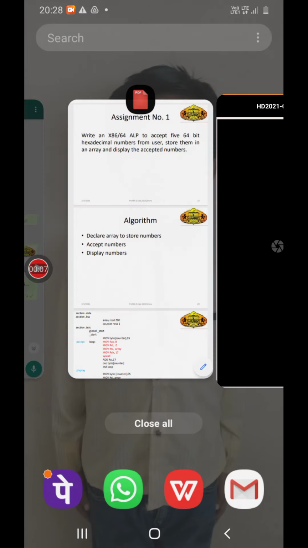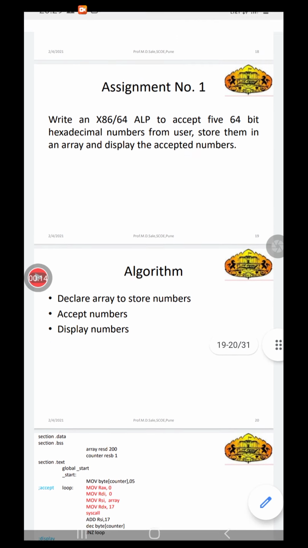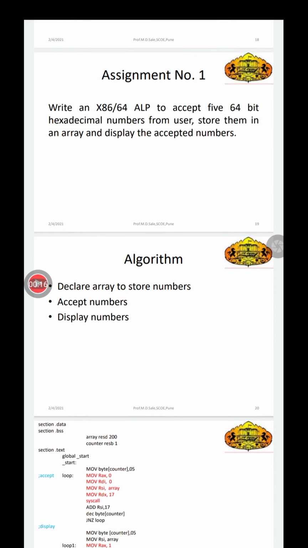Let us discuss the first assignment. See, the first assignment is to write an x86 64-bit assembly language program to accept 5 64-bit hexadecimal numbers from the user, store them in an array and